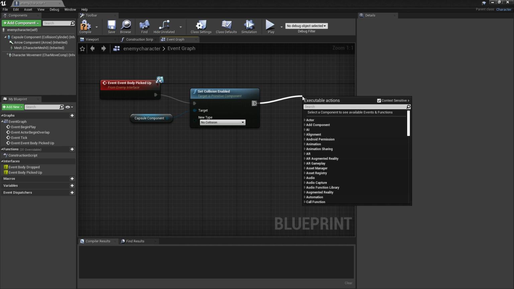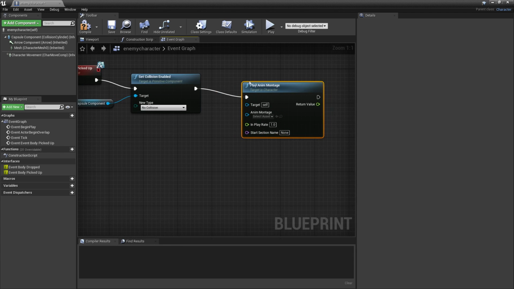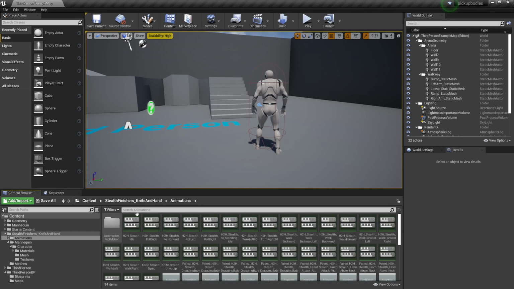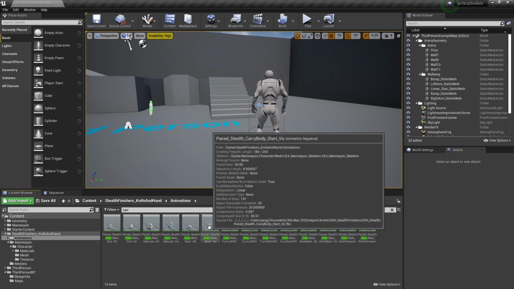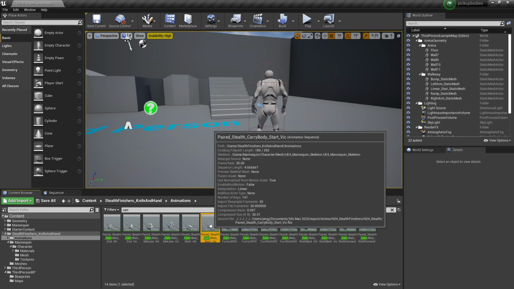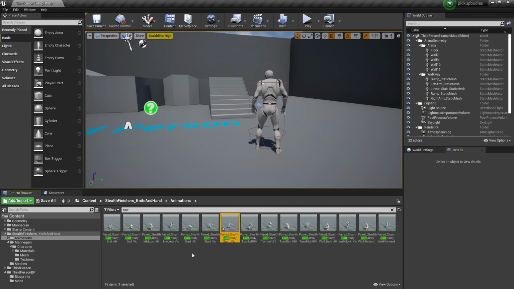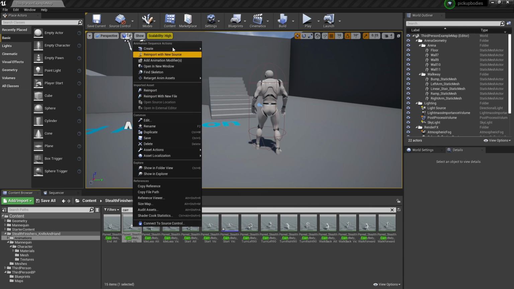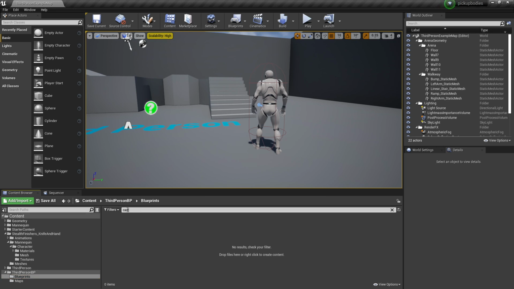Then we want to drag off here and look for play animation montage, and we're just going to play the animation of the character being picked up. So first I'm going to create this animation montage. So I'm just going to go to the stealth finishers and go to the animation and look for carry, and we just want to create an anim montage for the paired stealth carry start victim. So right click and create anim montage, and we also want to create one for when the body is being put back down. So I'll right click on this one, create anim montage. Then we can head back to the enemy character,